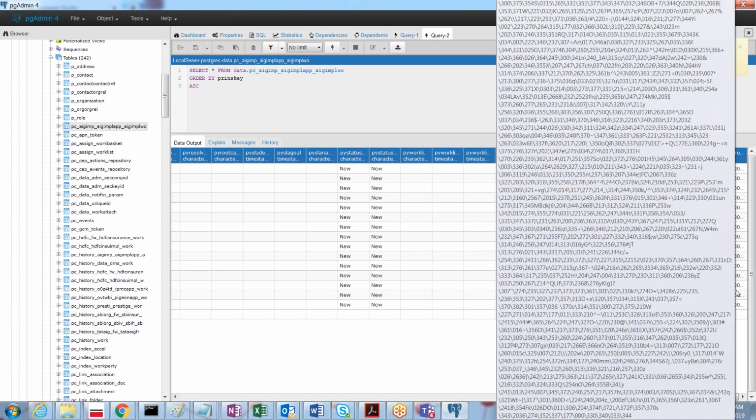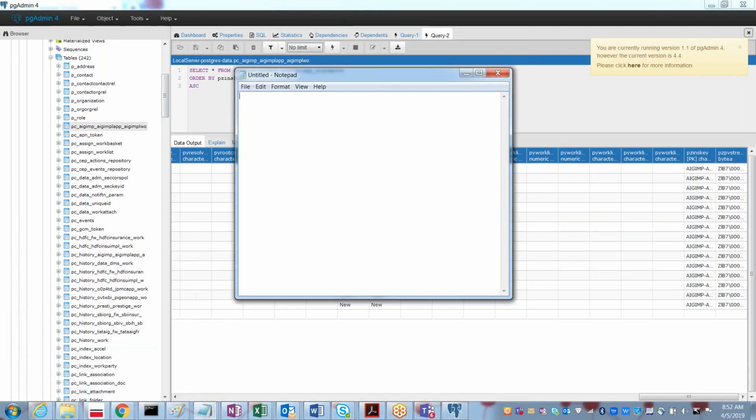In Pega, the complete work object information will be stored in blob format. Work object information will be saved in the database table as a blob.